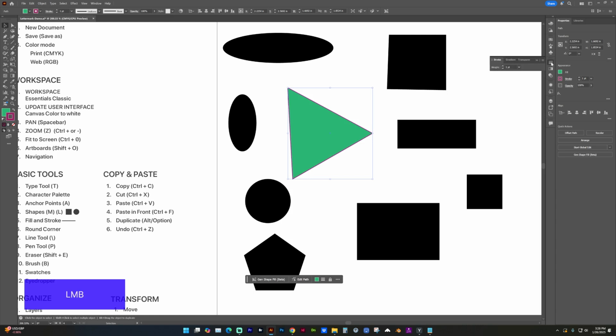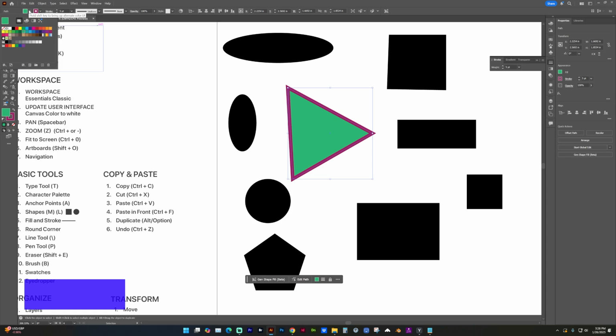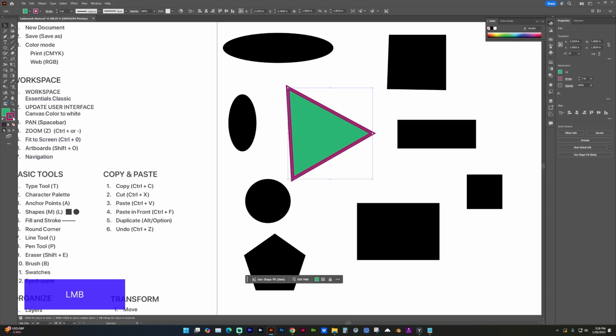If I want to increase or decrease the size of that stroke, I can click on the stroke tool, and here I can adjust the weight of the stroke, or up here in the top left, I can change the stroke and fill. If I want to remove the stroke, I can set it to 0, or with it on top, I can click this square with a red diagonal through it to remove it. To remove the fill, same thing. Make sure it's on front